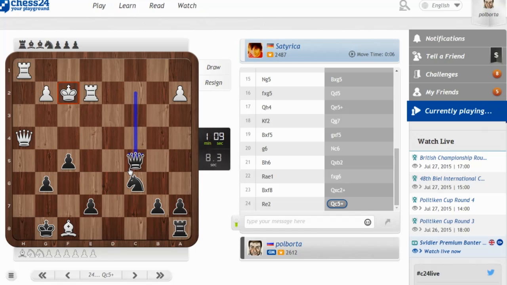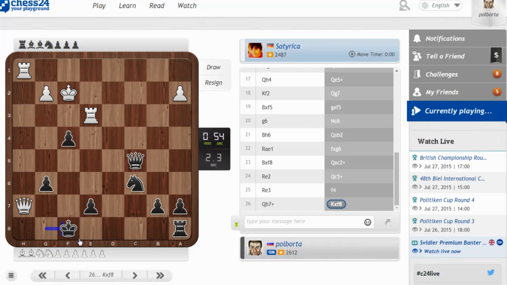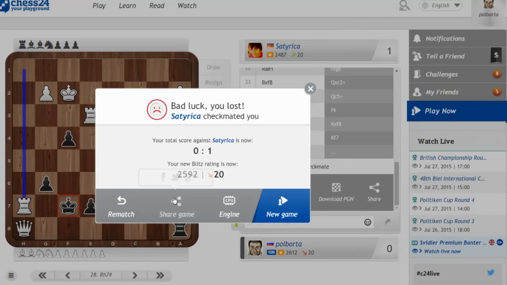Maybe I could have posed some problems here, potentially, but not with 8 seconds. And not even objectively. Yeah, this is completely lost. Queen h7 check is actually mate, or queen h8, any move. Yeah, any move here wins more or less on the spot. Yeah, rook h7 is mate on the board. Well played by my opponent, but